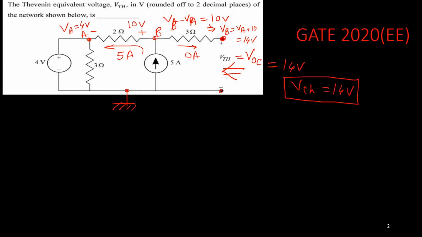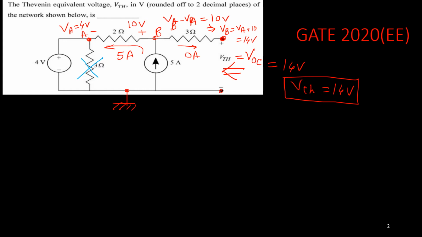One thing you may notice here is that this 3 ohm resistance is not playing any role in this circuit. So you can just discard this resistance. You can do this if you have some elements across a pure voltage source. We have discussed that in detail in my first lecture on resistive circuits. Please go through that lecture, and the link will be given at the end of this lecture.